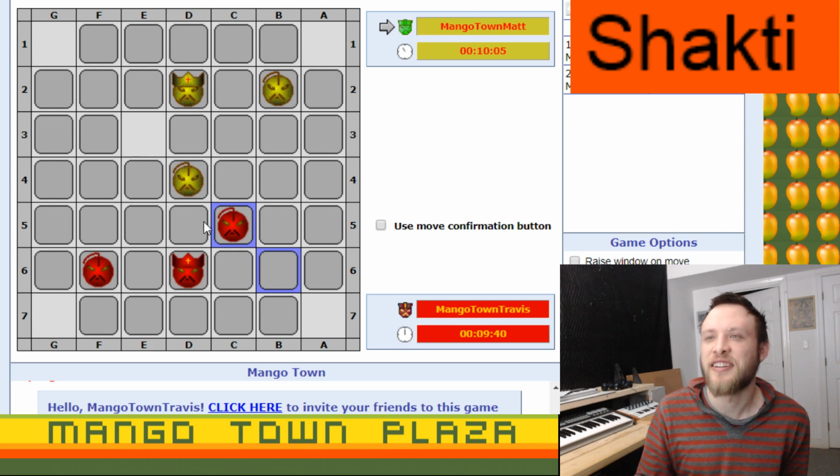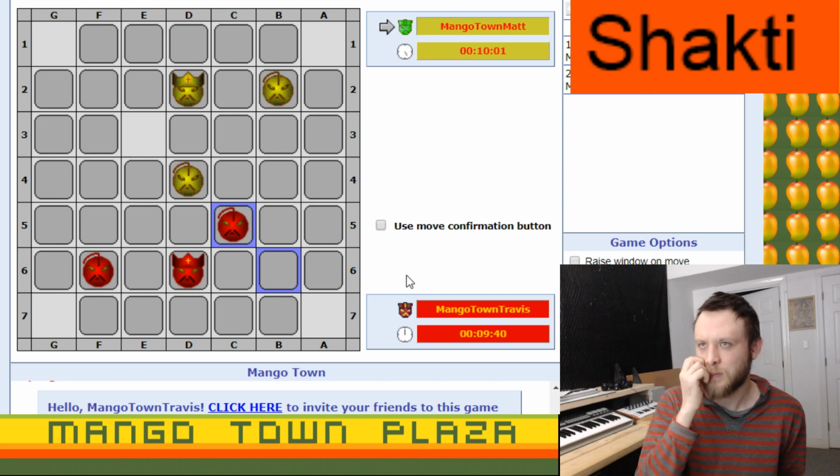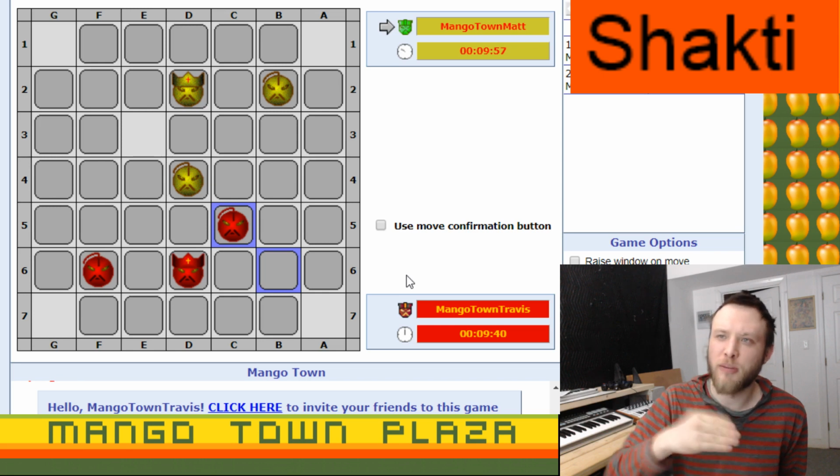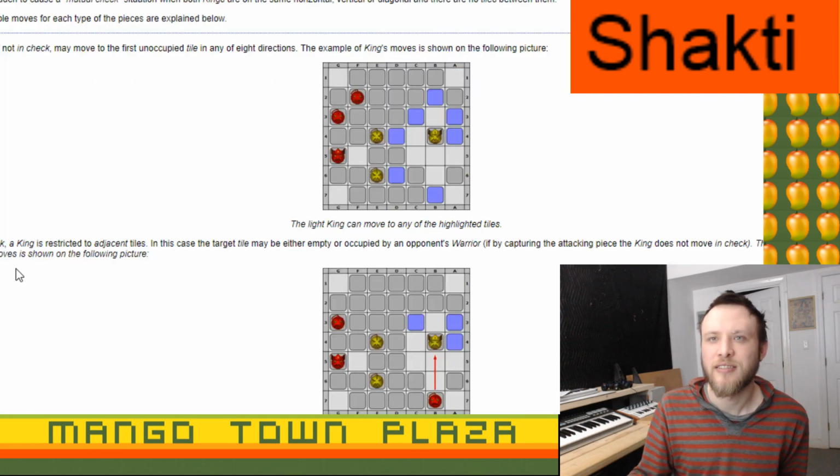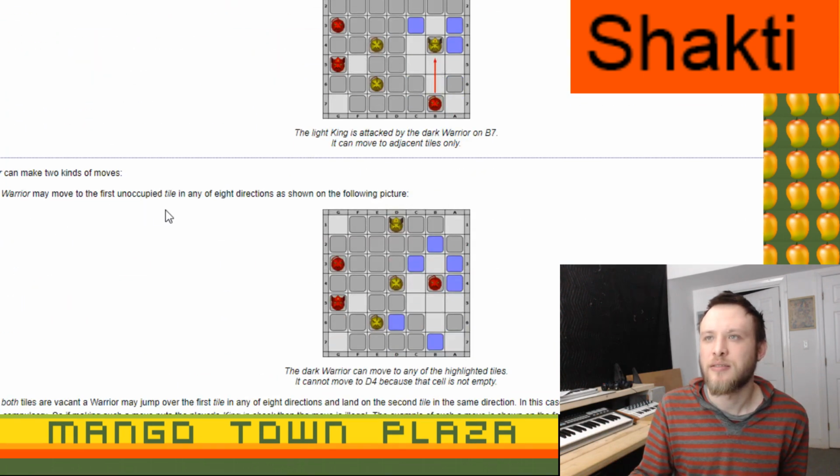Is it not letting you take the king? No. So it must just be that you can't do it right off the bat. Maybe you can't jump to capture the king? Maybe. That would make more sense, since you can't capture with anything but the...